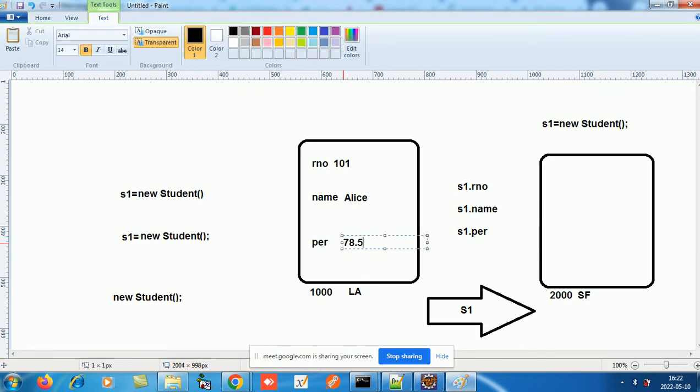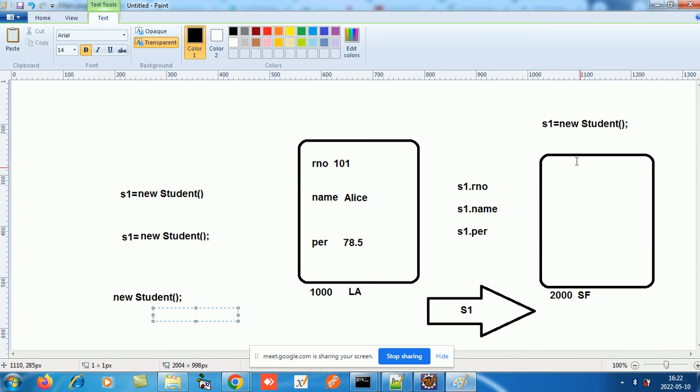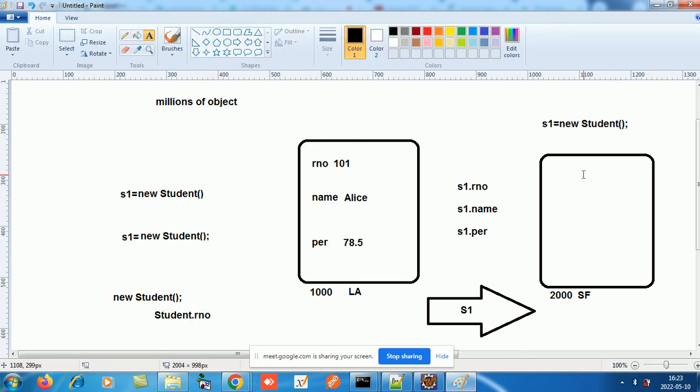Because I was just thinking in the same mindset, you can just do student dot roll number, student dot name, student dot percentage. Would that be allowed? You are trying to access, but that will be only to a single object, right? What if you are doing it to multiple objects? If you are telling me to use student dot roll number, which student is this pointing to? As I told you, one class can have millions of objects, yes or no? So which object is this pointing to? The LA one. But if I want to use the San Francisco one, then